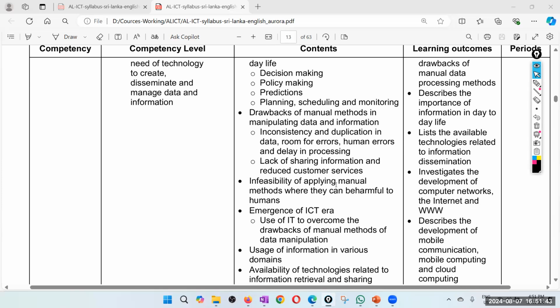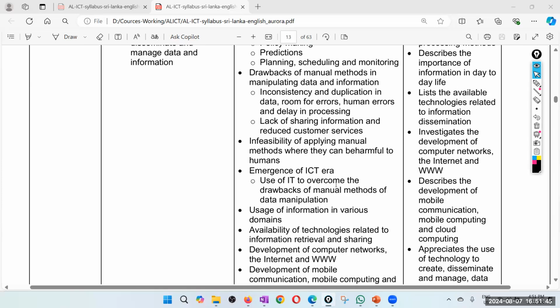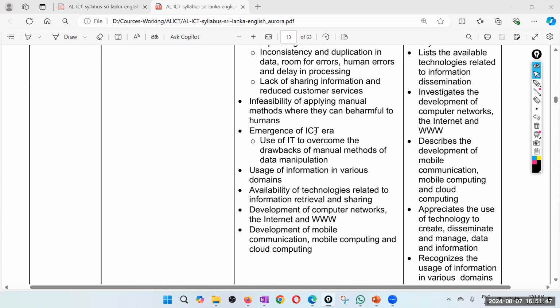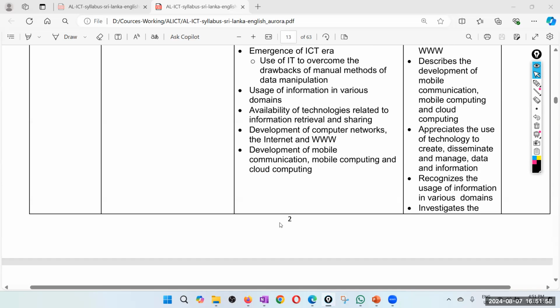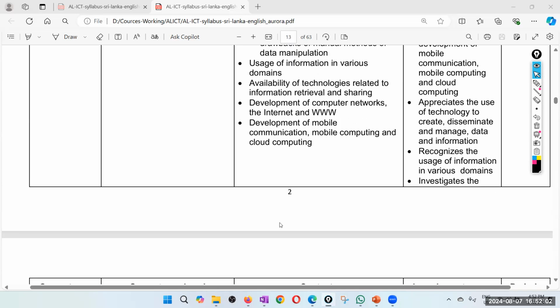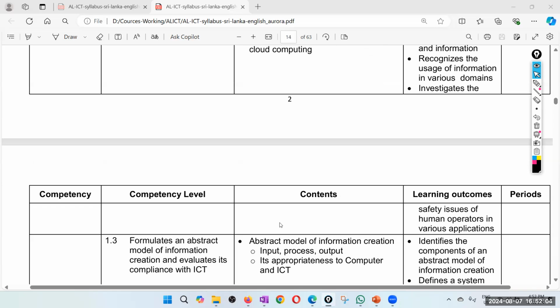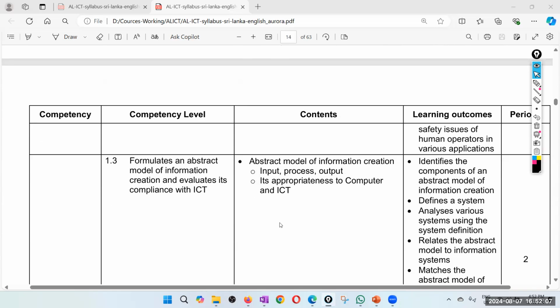Infeasibility of applying manual methods where they can be harmful to humans, emergence of the ICT era, use of information in various domains, availability of technology related to information retrieval and sharing, development of computer networks and the internet and World Wide Web, development of mobile communication, mobile computing and cloud computing. Still, I'm in topic number 1. Abstract model of information creation like input, process and output. Its appropriateness to computer and ICT,